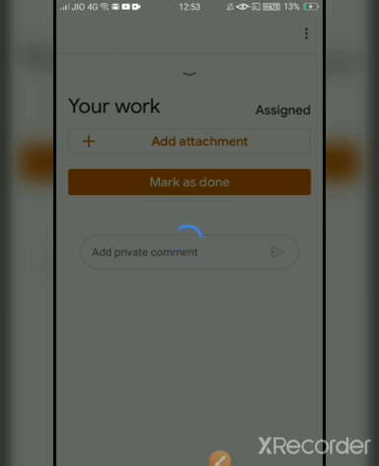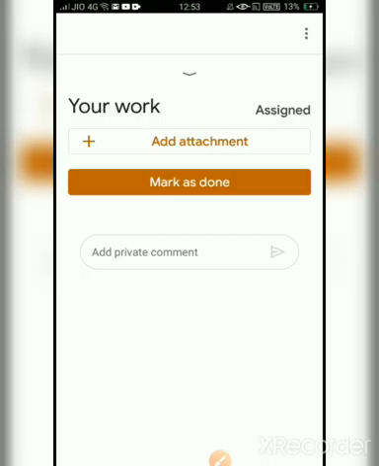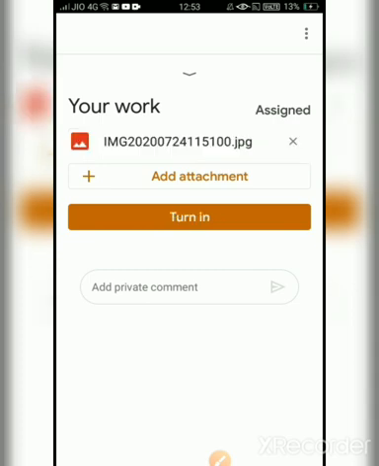It's getting loaded. It's not getting loaded because of MB, I guess. Yes, here my photo got attached, which I uploaded from gallery.